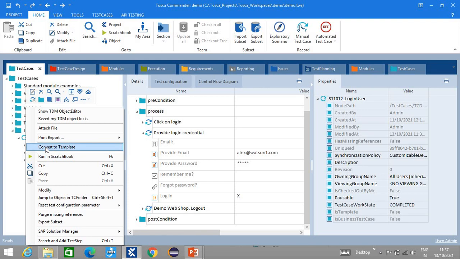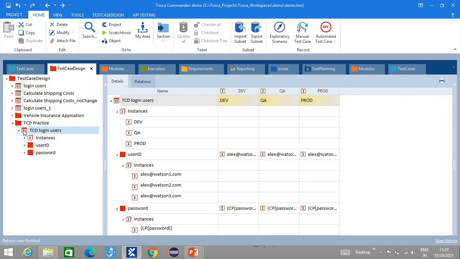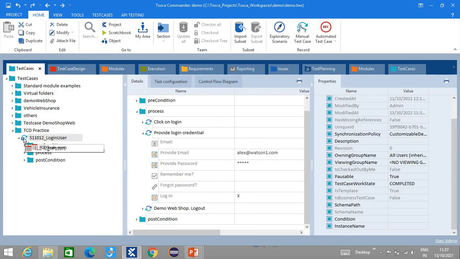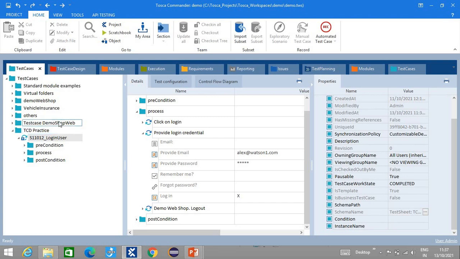The moment you click on this convert to template, the properties are going to update, and this will show you the schema name, right? Right now the schema name is blank. So this means till now you haven't mapped your test sheet with this template. So now in the second step, I have to select this test sheet, and I have to drag and drop it to the template. The moment I do this, you can see the schema name is updated. And the schema name is updated with the test sheet TCD login user. So this TCD login user, we have mapped this test sheet to this template, right? So this is the second part,